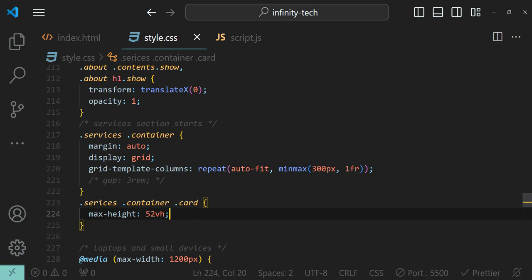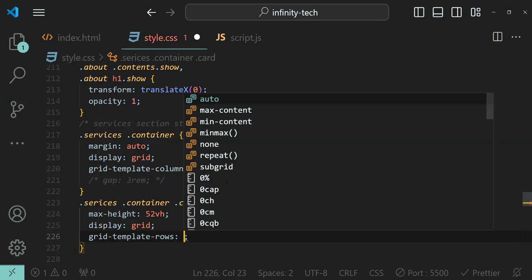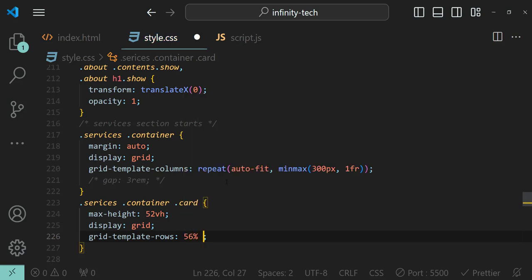Now next we have to divide this height, that is 52 viewport height, into two different parts. The first one will contain the image and the second one will contain the rest of the contents. So display is grid, and because we are going to divide this card into fixed elements, so instead of using repeat with autofit or anything, we are going to say grid template rows. The first one we have to give it value 65%,